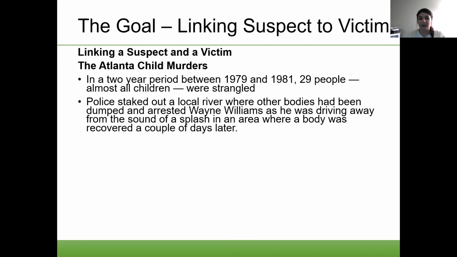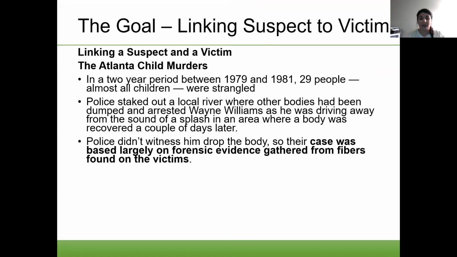They found an area where there's a lot of dead bodies, and through the profiling and their experience, they said this is the area where they're most likely to dump a body. So they had police stake out over there, and then they heard a splash in an area and one car driving away. So they stopped that car and talked to him, and it turns out to be the murderer. They found the body a couple days later because the body had washed away, but they were able to find